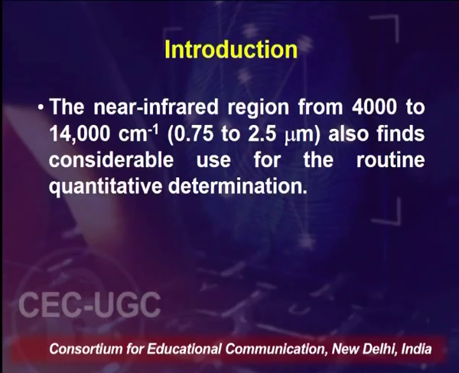For example, if we have a sample for which we have to determine the quality as well as the quantity, we use Beer-Lambert's law, where we can determine the amount of that particular sample present in the specimen we are identifying. The far infrared region is used for the determination of the structure of inorganic and metallic organic species. Infrared spectroscopy is different from ultraviolet-visible spectroscopy